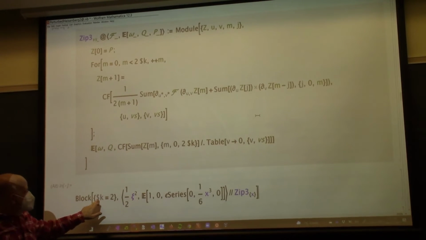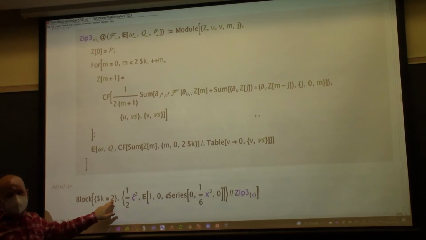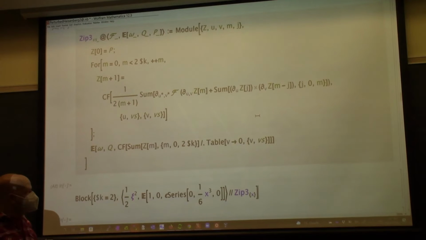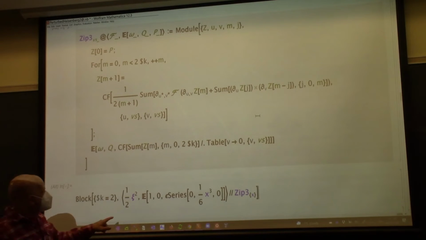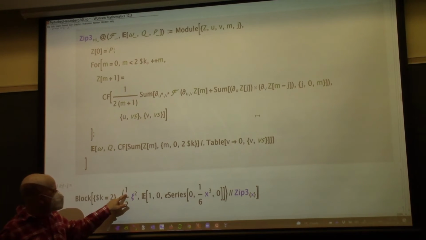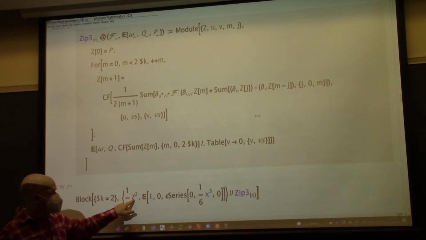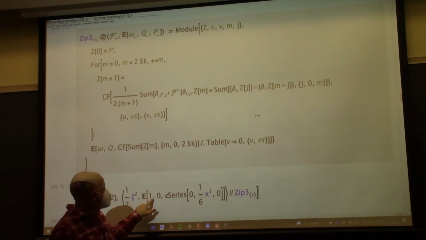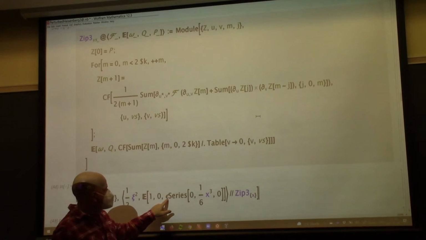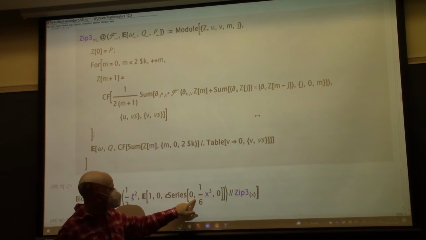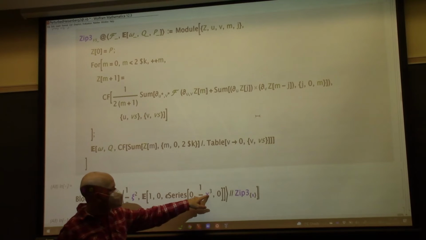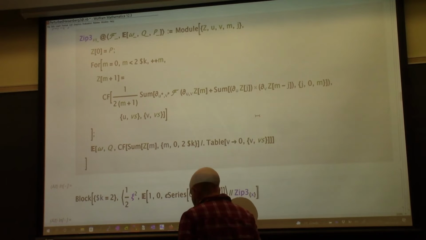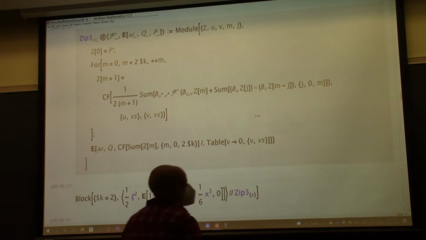With k equals 2, so the maximum power of epsilon I care about, I am trying to zip 1/2 psi squared against coefficients 1, no quadratic, and then the perturbation series is epsilon x cubed. Okay? So in other words, I am trying to compute,